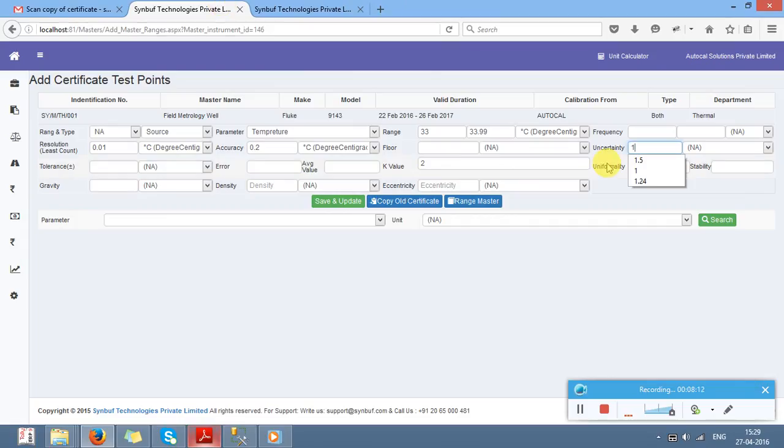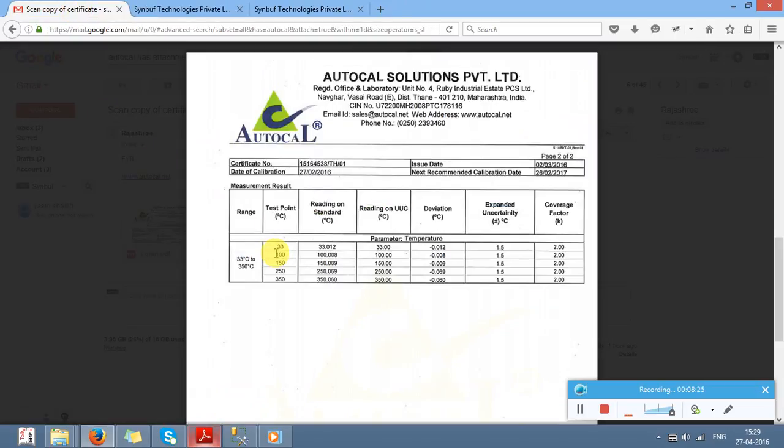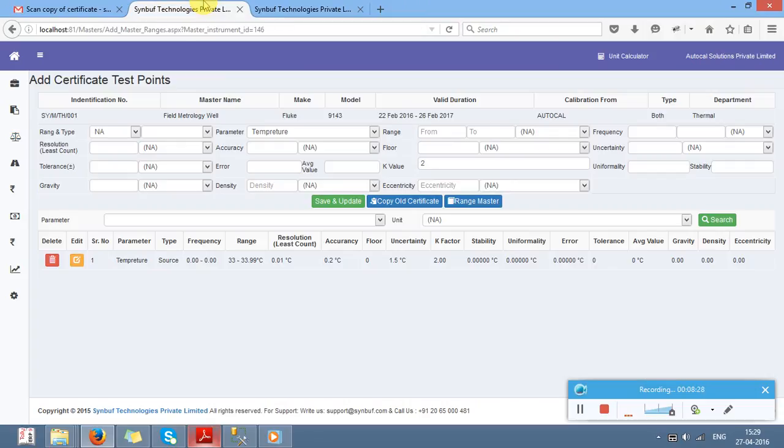So here, 1.5 degree centigrade, and I will update the same. Now take an example of some other point, that is 100 degree centigrade. For the 100 degree centigrade, again I will select the temperature source. Now the last was 33.99, so I will take 34 to